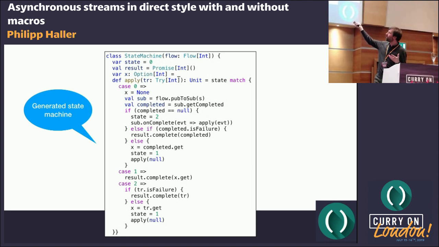But we need to register an event handler that is invoked as soon as there's an event, right? So we call onComplete on our subscription or subscriber, and when the next event is there, it'll call apply again. Of course, this time in state 2. So that means when we have the completion, we will go to state 2,